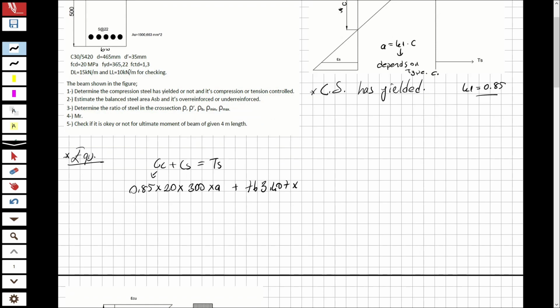What is FYD? FYD is the design strength of the steel that we use. So it's going to be 365.22, and equal to